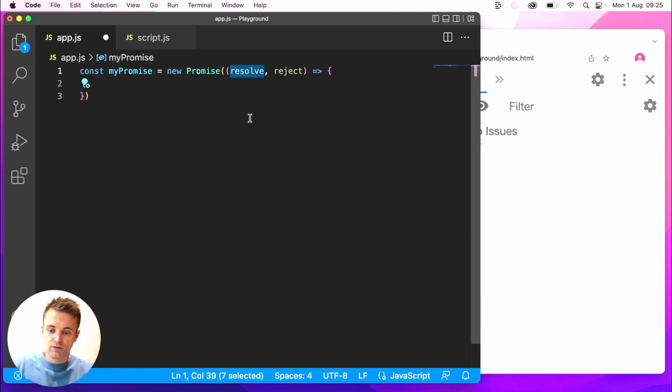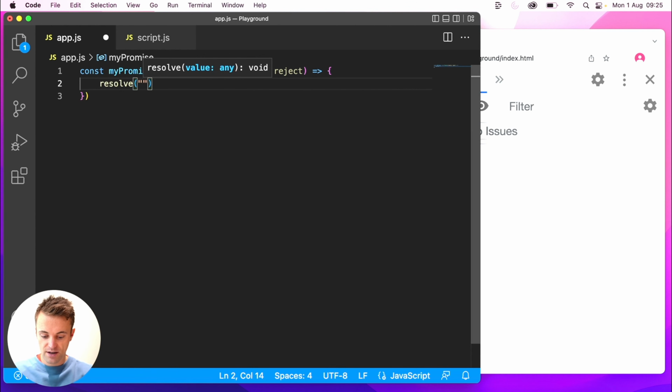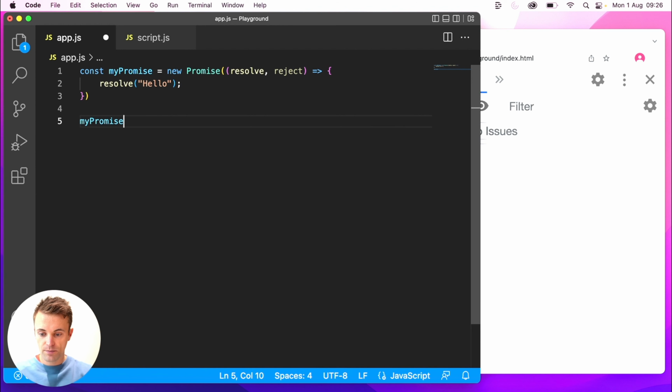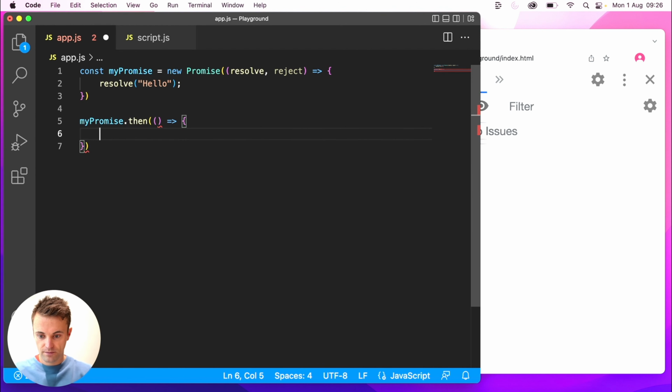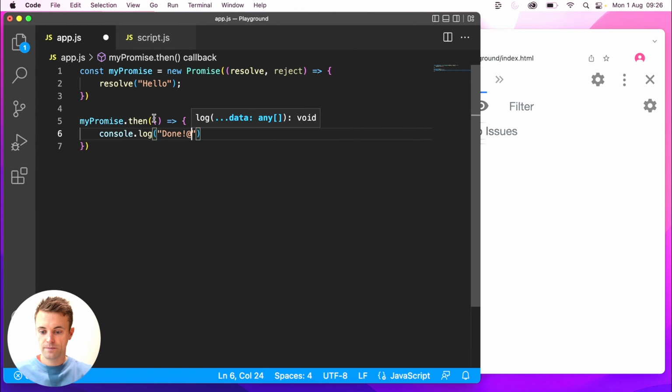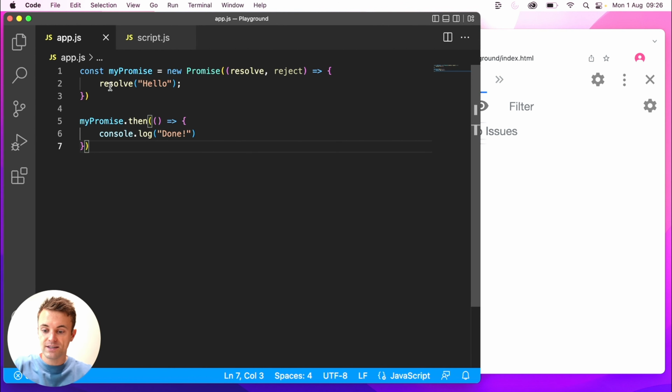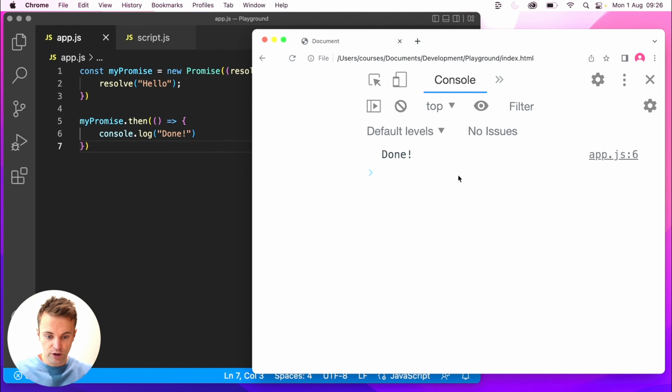So for example, if we just resolve this promise and say hello, then we can execute this promise by saying myPromise and then dot then. Inside there, we'll put a callback function, console.log, done. Okay, real simple. So what this means is when the promise resolves, it will hit this then block. If we save that and run it, you'll see we have done in the console here